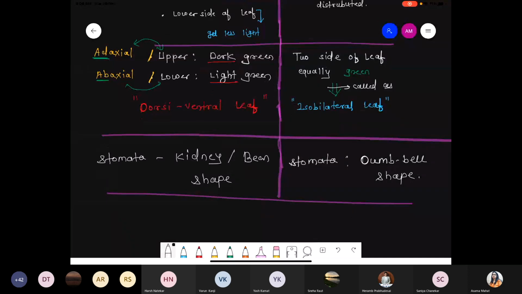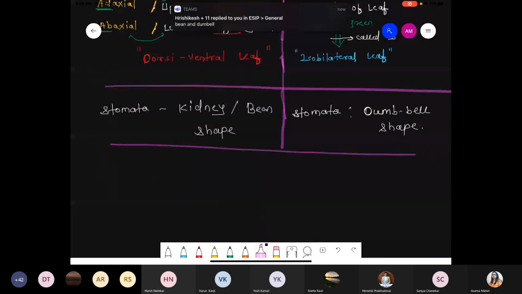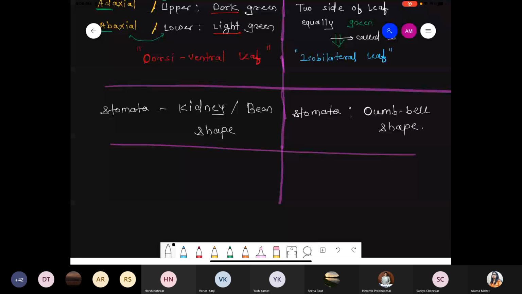Chalo. Now next part we are talking about which type of the mesophyll cells are present. So we'll discuss that part later in case of the transport chapter also. एक specific type के cells होते हैं that is called as the mesophyll. Okay, mesophyll tissue basically they are green in color and rich with the chloroplast, because mesophyll cells are responsible for photosynthesis. So we'll discuss that part later, but here we are talking about with respect to mesophyll.